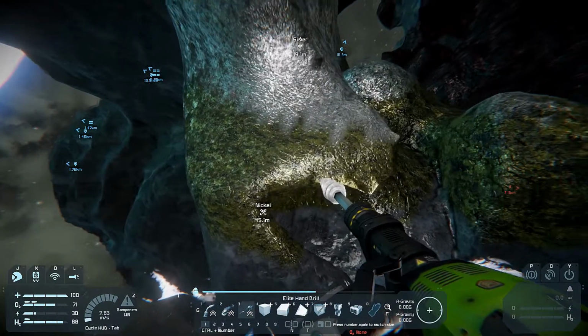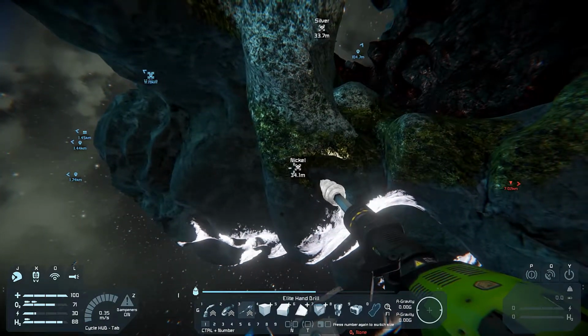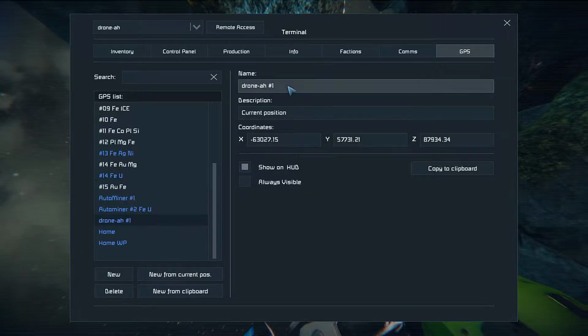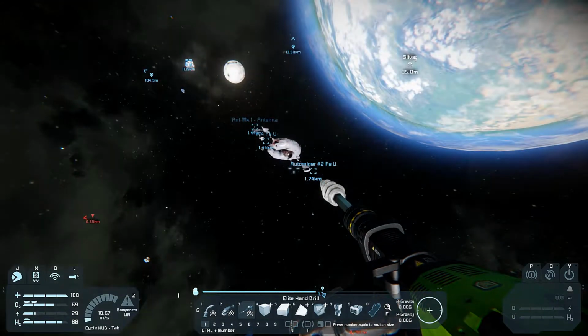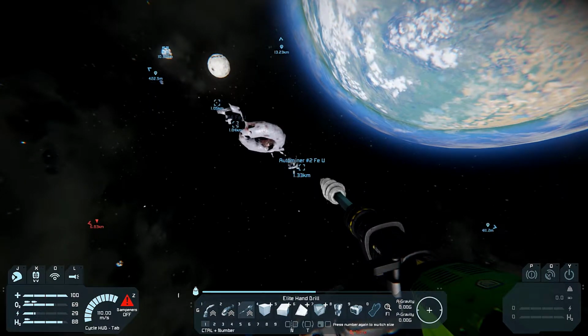Now, okay, so I've got the ore marker right there, so I'm just going to go maybe 30. Yeah, that's fine. So GPS, and I'll just call this new from current position. AutoMine number 3, NIFEAG. Okay. Copy to clipboard. What I can actually probably do, you know what I'm going to do? I'm going to do something very clever. I'm going to go to our second AutoMiner. If I get close enough to the second AutoMiner, then what I can do is I can access...